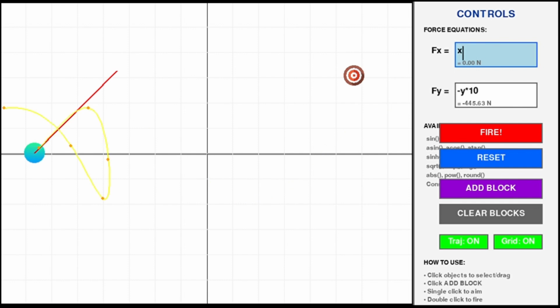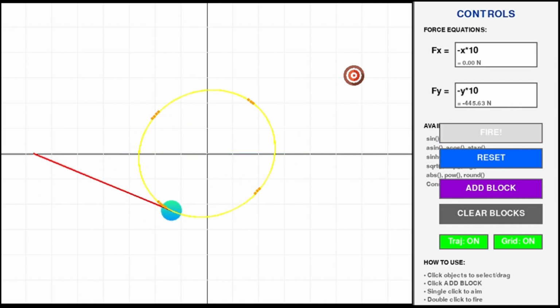Now if I want to get circular motion, I just need to put negative x times 10. Now look, it's in an elliptical path. Fire. See, it's an orbit. This f of x and